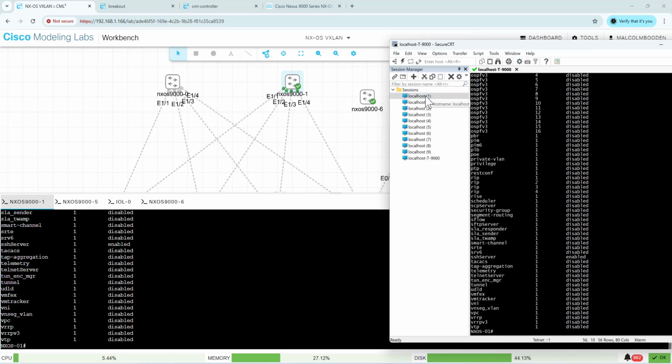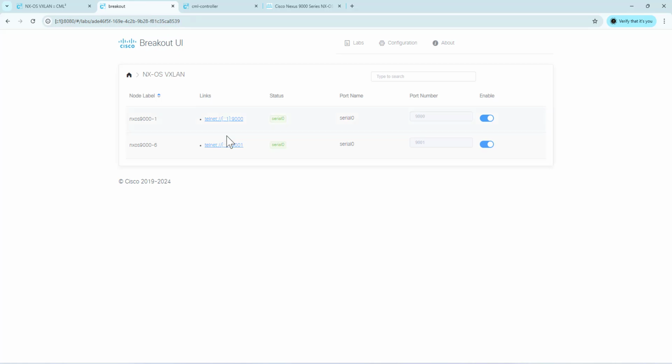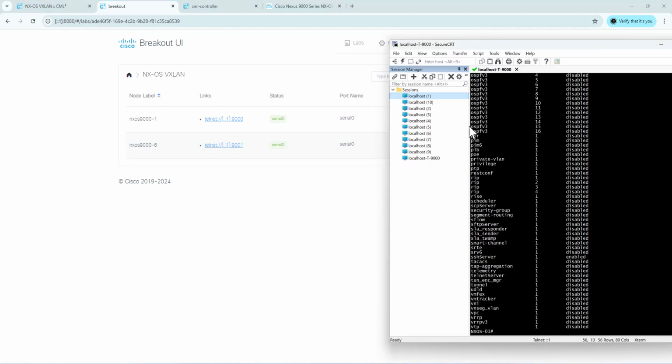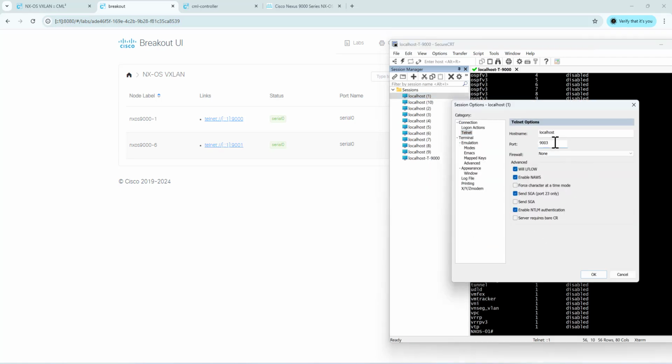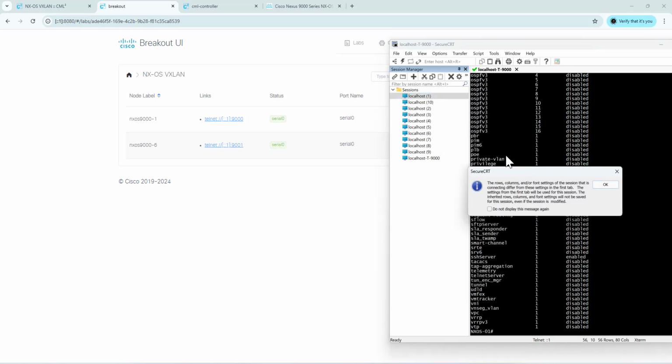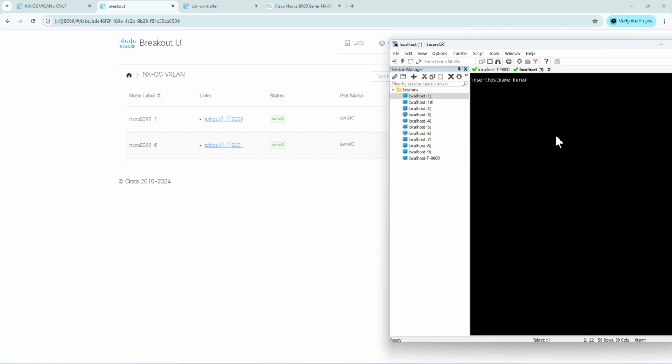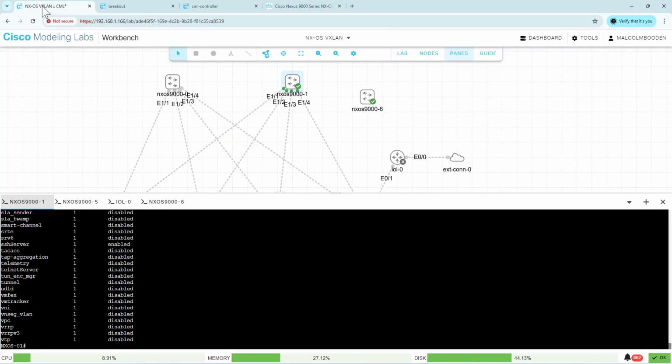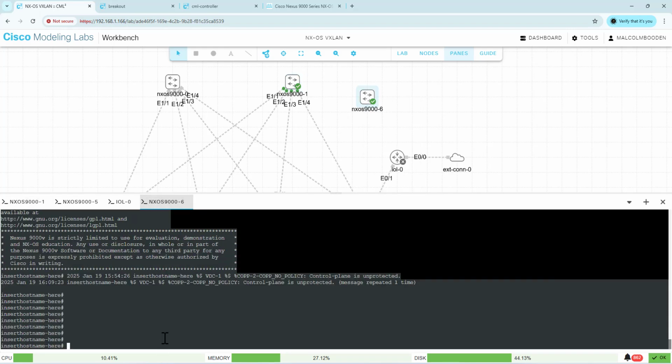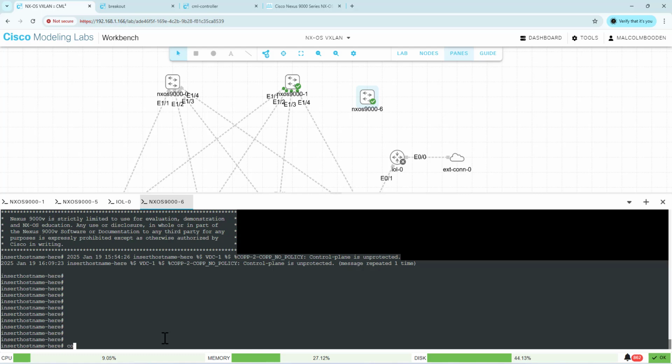And then if I wanted to connect to the other device, which is NXOS 9000-6, then I need to use port 9001. So if I click here, let's just change this. I do have a 9001 somewhere else, but I'll just reconfigure this one. Start up a new session. Okay. And you see here, insert hostname here. It's because I've not done anything with this device yet. So if I do conf t